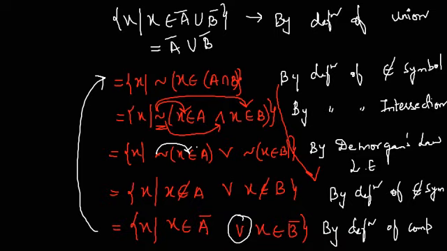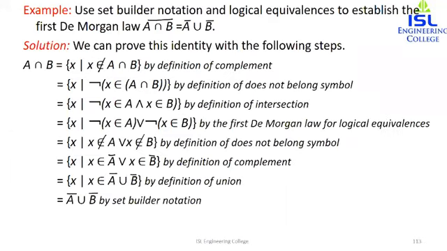Now let's see the actual solution. Over here, the first step by definition of complement, we changed it to negation, and the same thing by definition of does not belong, then complement union, and the final solution. This is the overall solution for this proof. It is an important proof from the perspective of an examination. Next